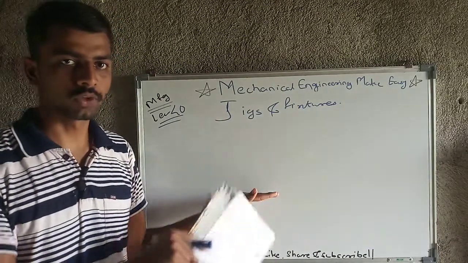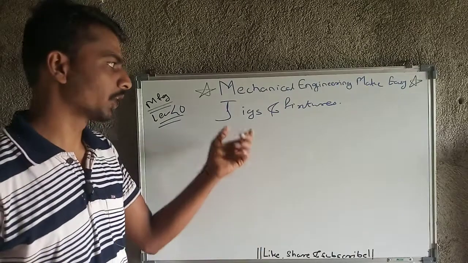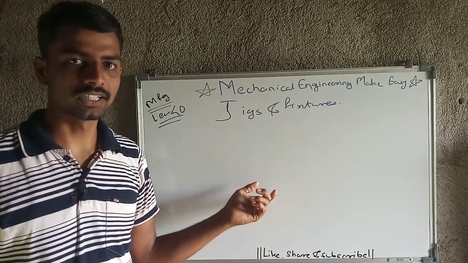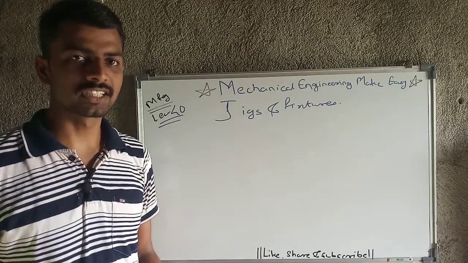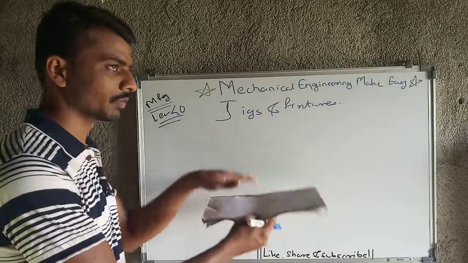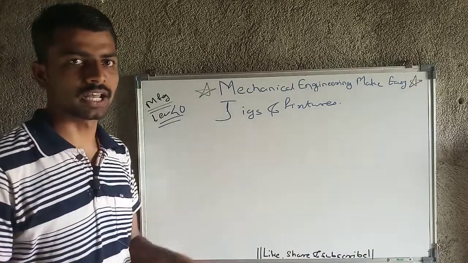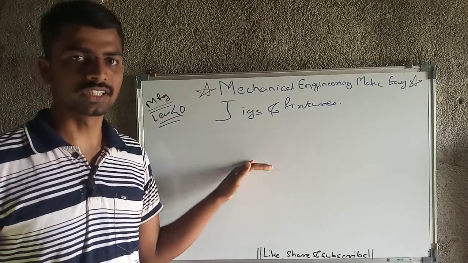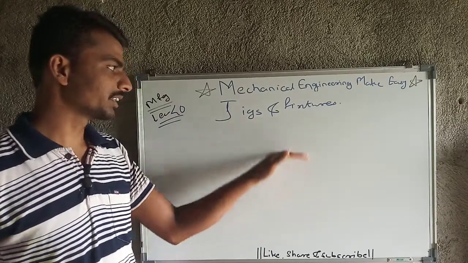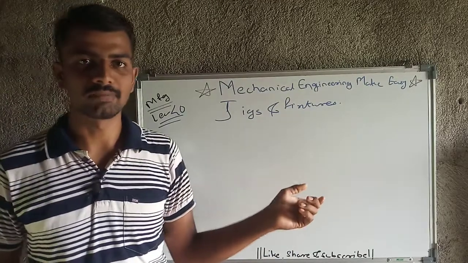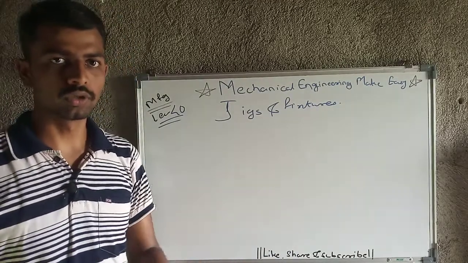These are all processes we need to do manually, but once we have developed the jigs and fixtures for that, then ultimately we don't need to do any measurement, we don't need to fix that workpiece there, we only need to place that workpiece there. Ultimately all the process will happen according to that jigs and fixtures design. So this is a great thing, and because of this the production rate increases, the idle time decreases, etc. So we will look at all the parameters.